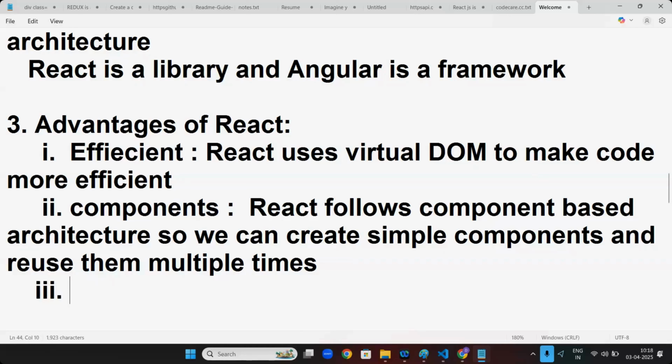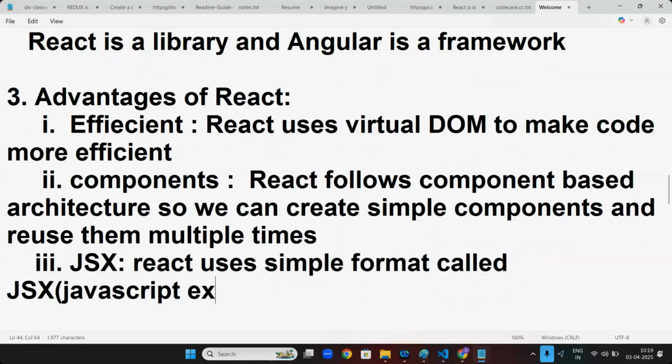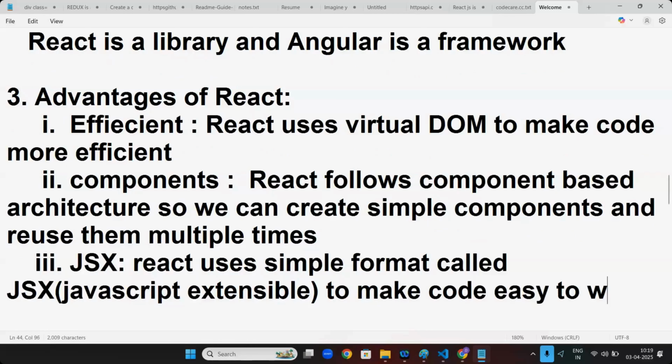After this, React JSX. These are the advantages of React. React uses a simple format called JSX, JavaScript extensible, to make code easy to write.